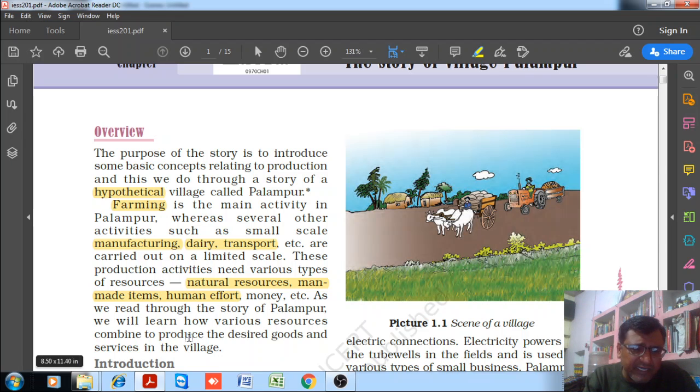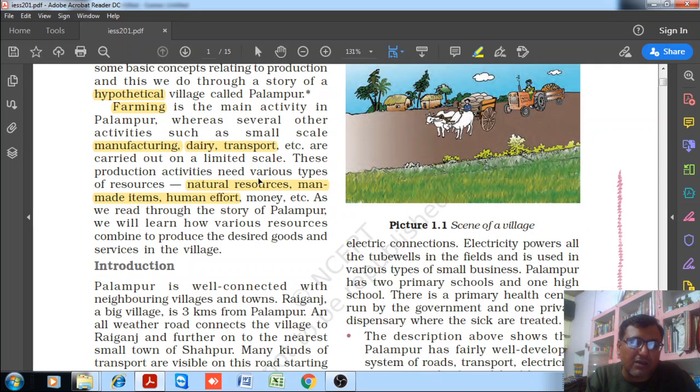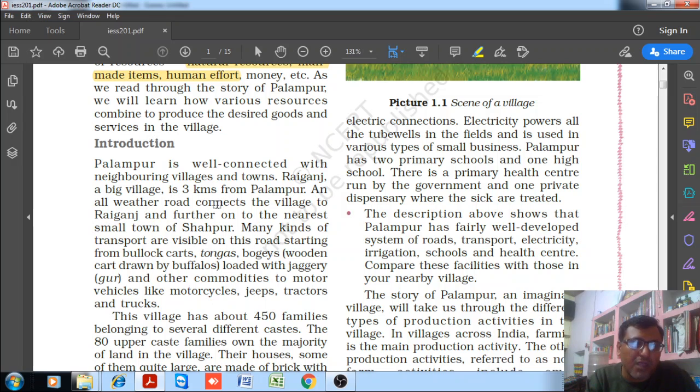As we read through the story of Palampur, we will learn how various resources combine to produce the desired goods and services in the village. That means production of goods and production of services. With the help of the production of goods and services, we produce income. So behind all such economic activities, we have only one objective, that is to produce income. Now let's introduce this Palampur village to you. In the beginning we are understanding that